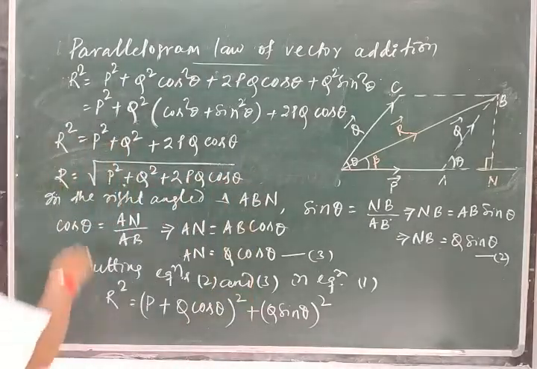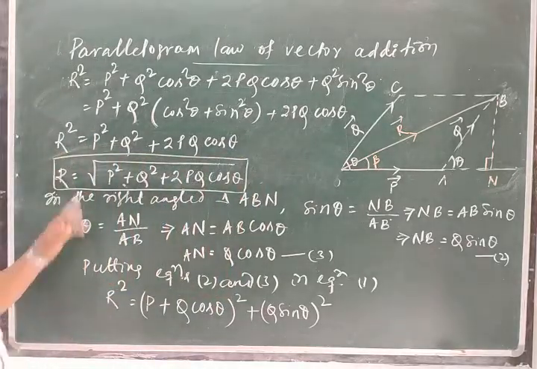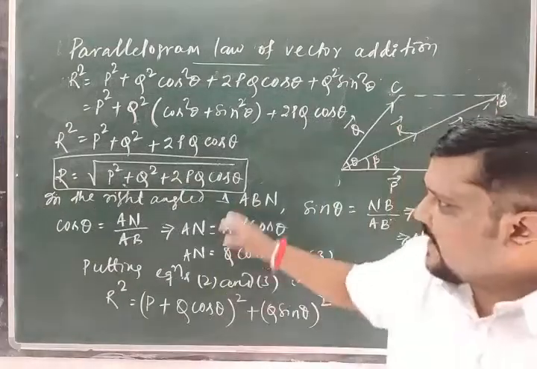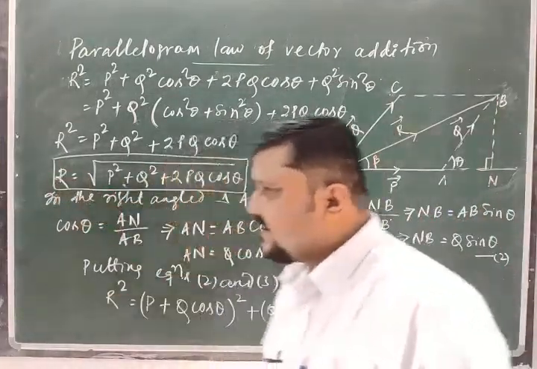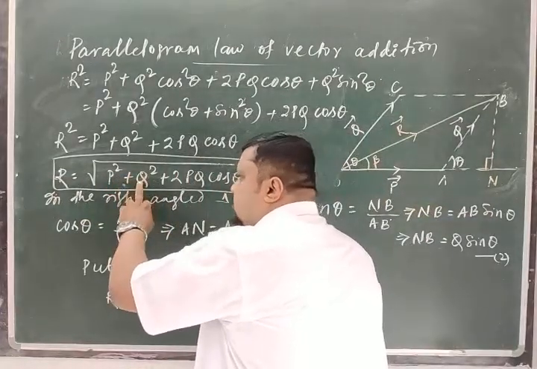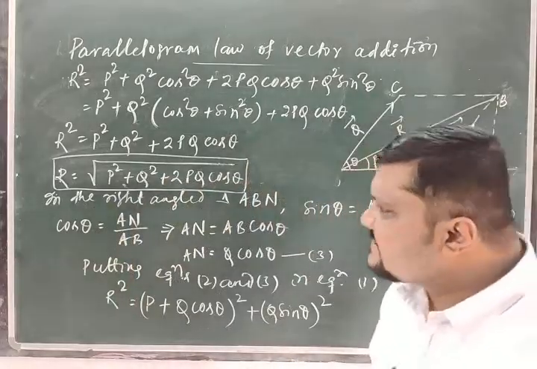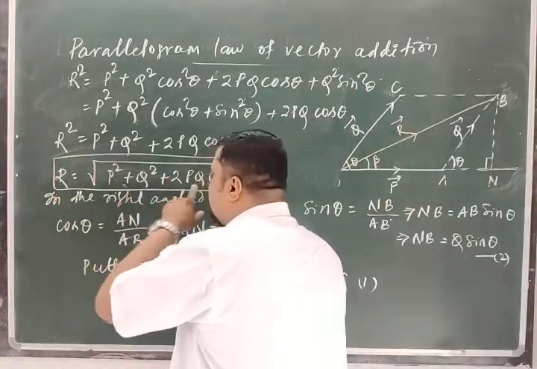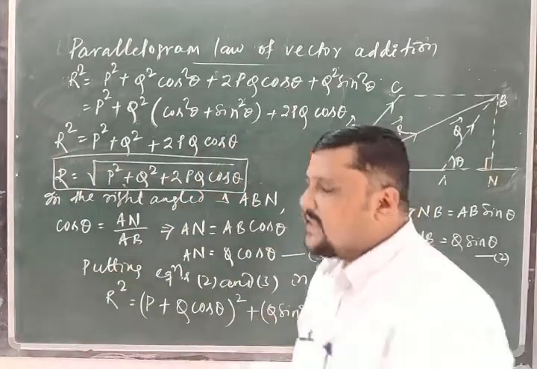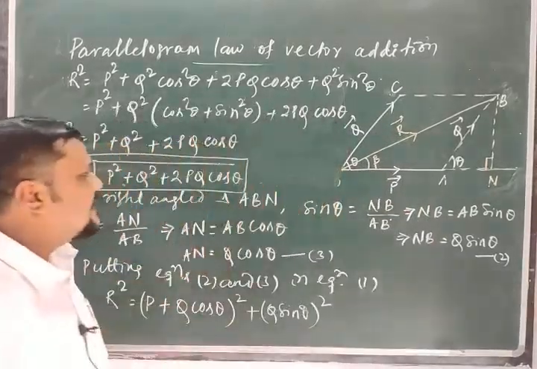Now if you recall the triangle of vector addition, then we got the same result. The magnitude part r, the magnitude of the resultant r vector is square root of p square plus q square plus 2pq cos theta, sum of these three terms. It means this resultant actually depends on this theta. It is not simply addition like scalar addition or algebraic addition. That is the vector addition, that is the geometrical addition. Clear?